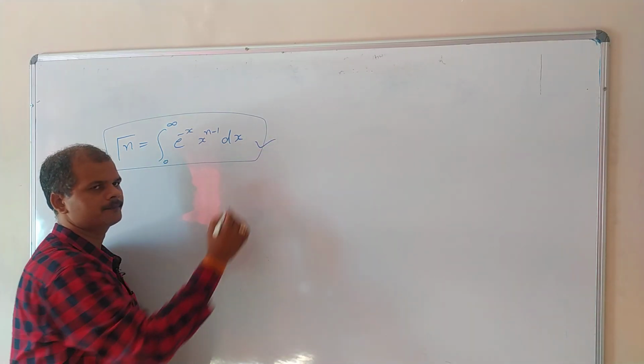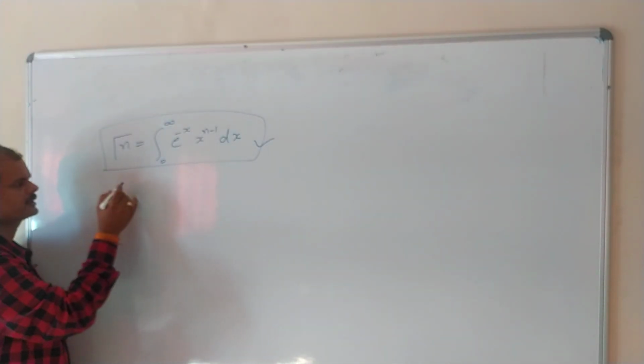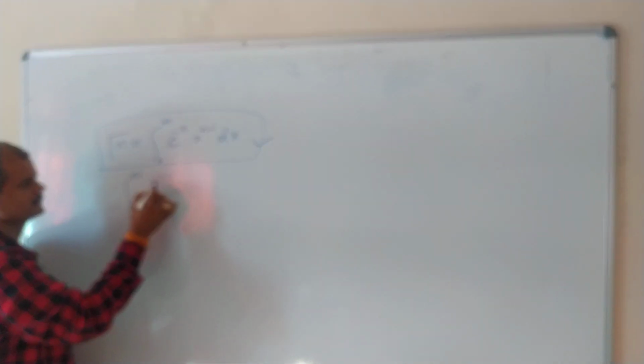Mainly this gamma function is useful to find some complicated integrals. Okay, I'll take one integral here, 0 to infinity x power 7 e power minus x dx. Suppose you have this integral. If you integrate, one rule we have is integration by parts, so that we can do. That will be very lengthy, it will take some 8 to 9 terms, right?